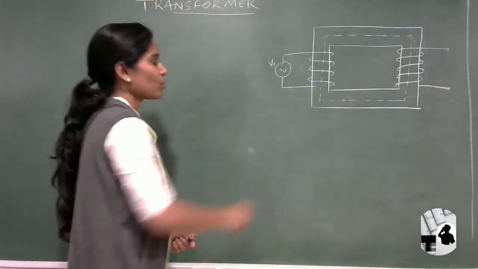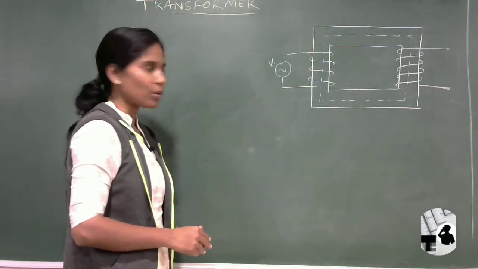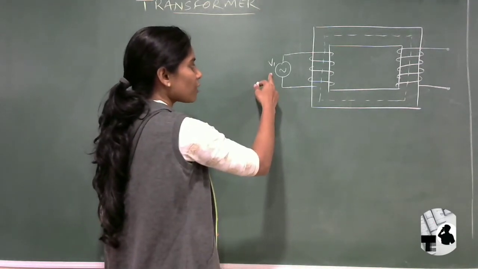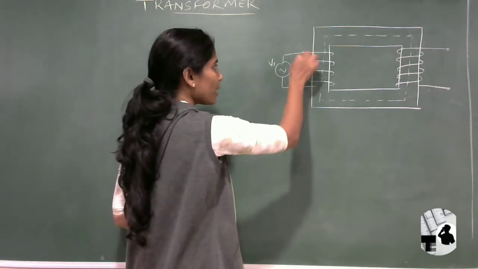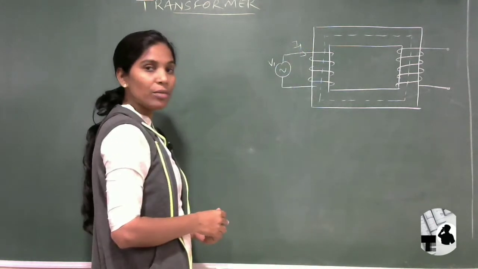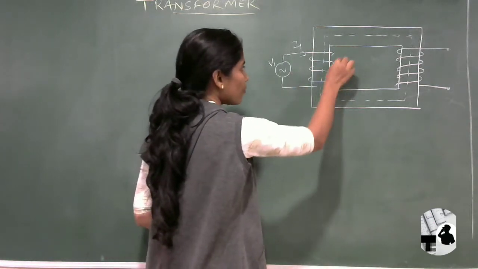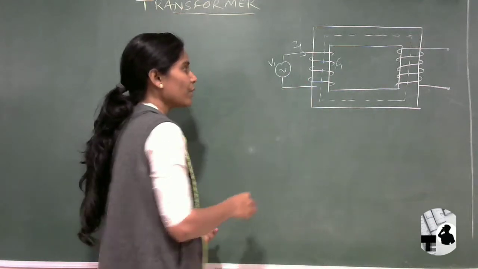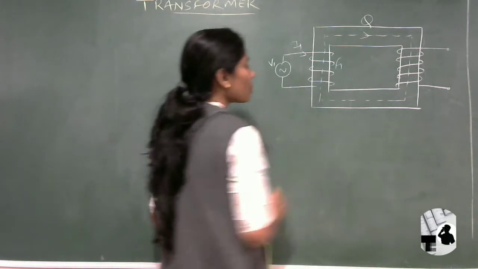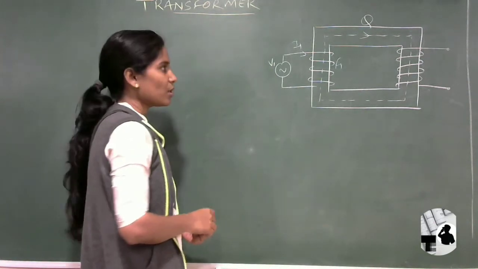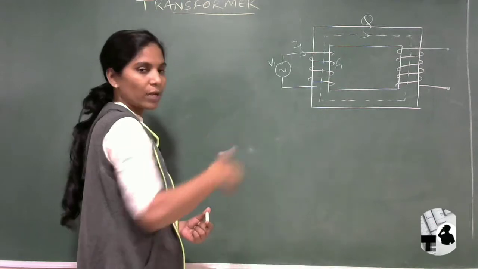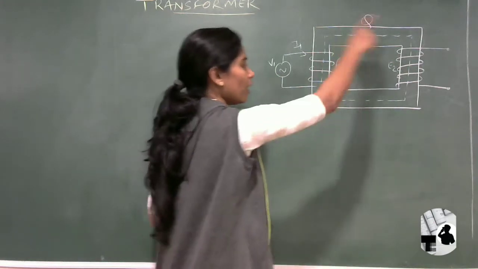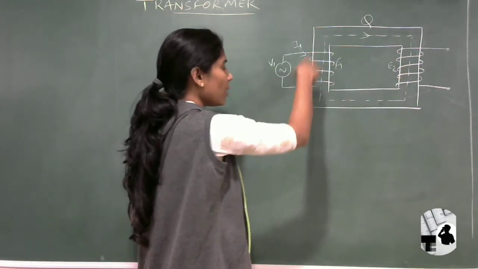This is the transformer we have seen, along with its working principle, and we are going to continue with that. Here the sinusoidal or alternating supply voltage V1 is given. Due to V1 we get the primary current I1, and due to I1 we get the MMF F1 developed across the primary coil. Due to the primary MMF we get some flux. All of this is alternating in nature, so the flux keeps changing. Due to the change in flux, we get an EMF E2 at the secondary, and for the same reason an EMF E1 at the primary.